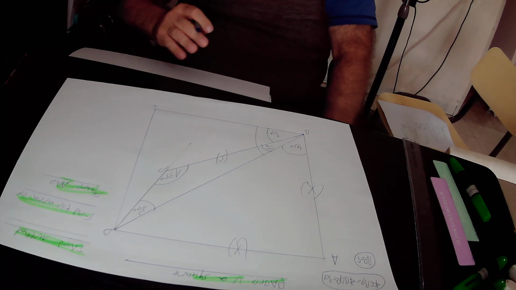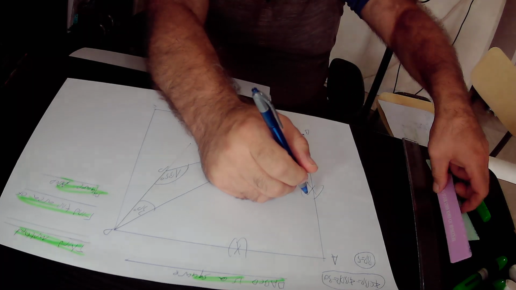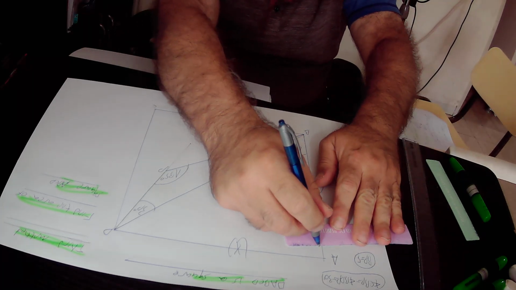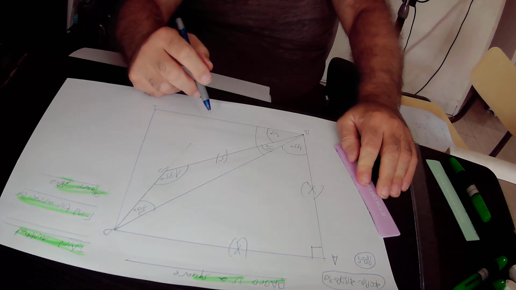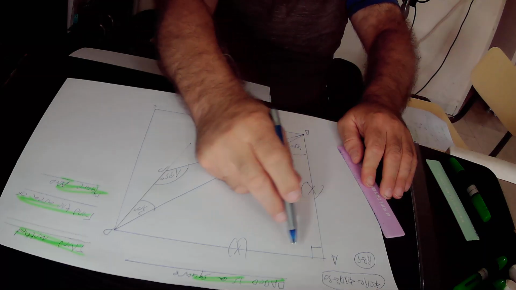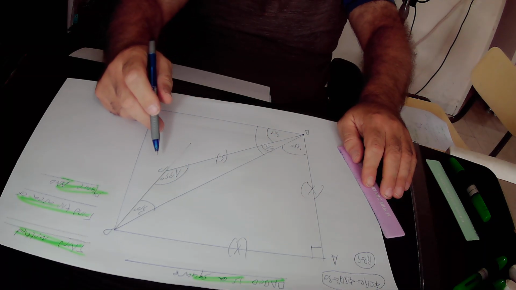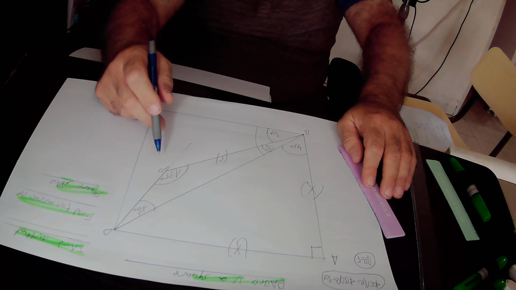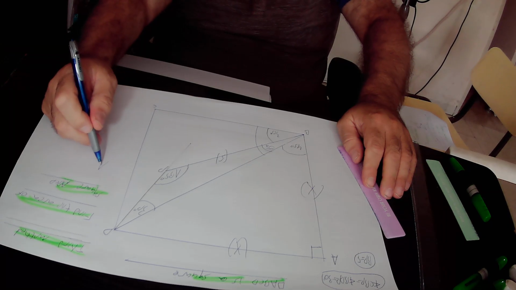In the next step, we'll implement the Pythagoras theorem. This is of course a right angle because ABCD is a square. We'll implement the Pythagoras theorem on this triangle BAD. According to the Pythagoras theorem, in any right triangle, the square of the hypotenuse equals the sum of the squares of the perpendicular sides. So in triangle ABD,